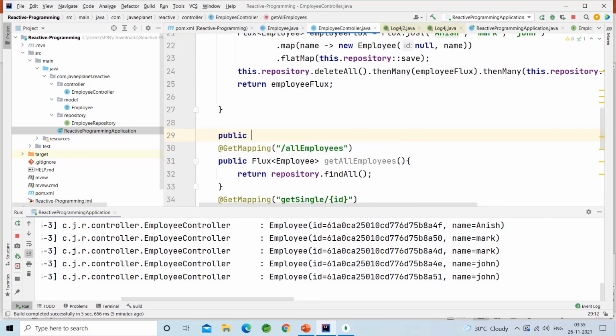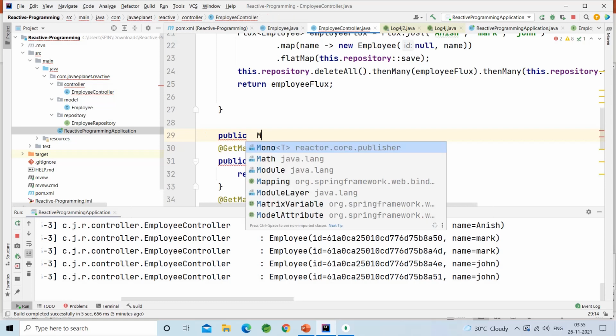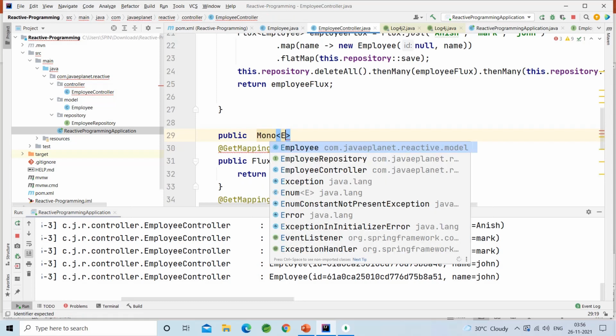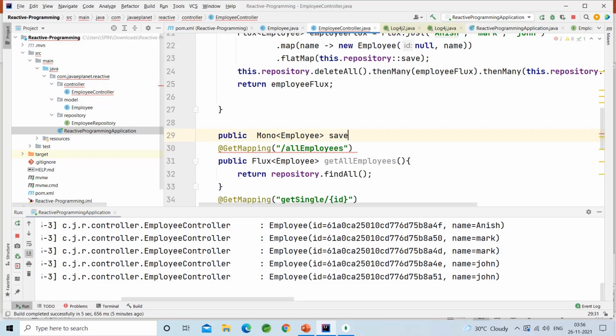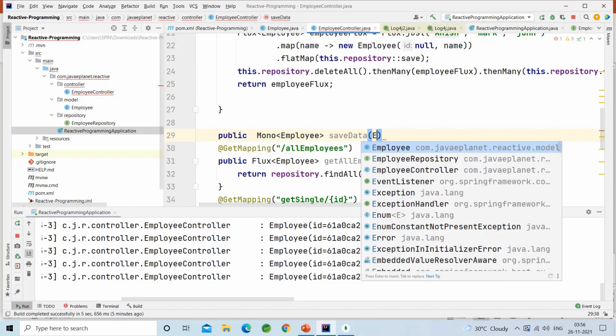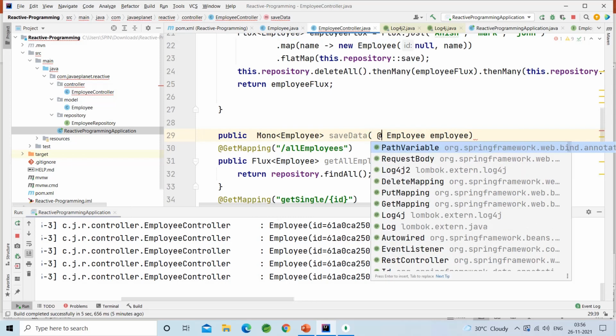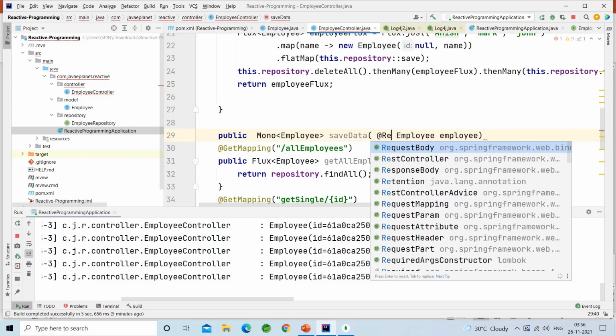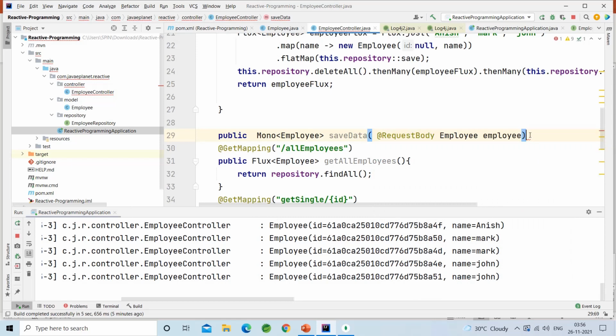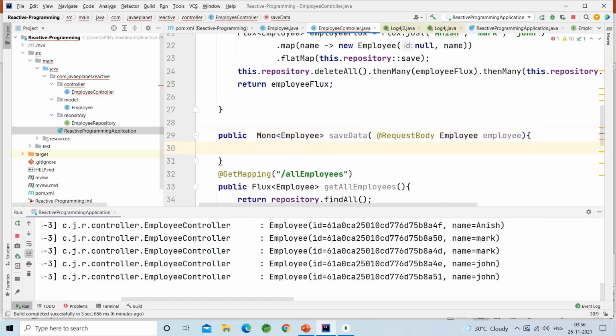Public Mono, single employee saveData. I am saving the data that takes the employee, @RequestBody. Return repository.save employee.